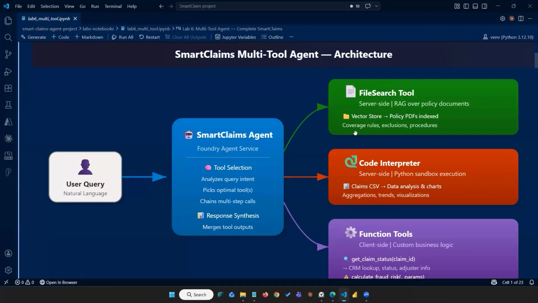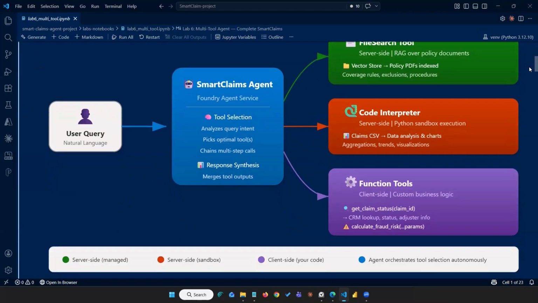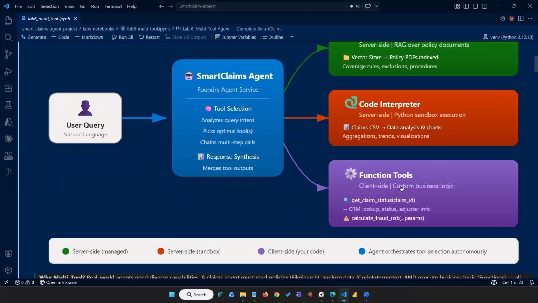To give an example, when I ask questions related to some document information that I'm looking for, maybe some coverage rule, exclusion, or procedure from my organization, you can say vector store, then I can go ahead with the file search tool. So I'm talking about file search tool, code interpreter, and function tools. I already told you first function tools. So I'm talking about server side, managed, sandbox, your code client side,